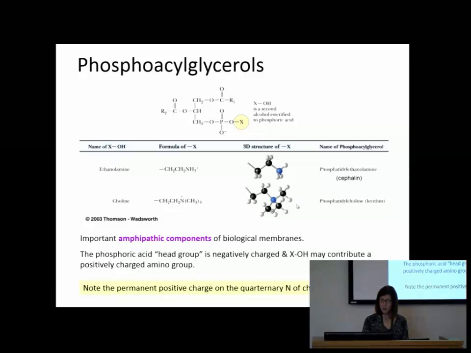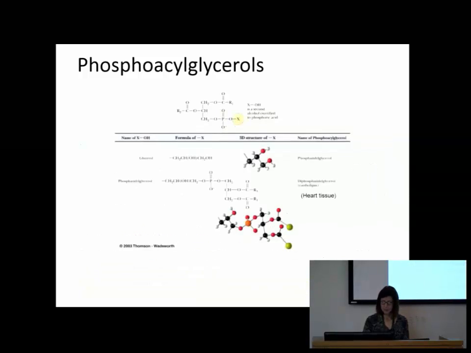Here's a couple more. Look at this. When we put another phospholipid that has the ester, here's sort of like a bridging molecule. This whole group right here is right there.